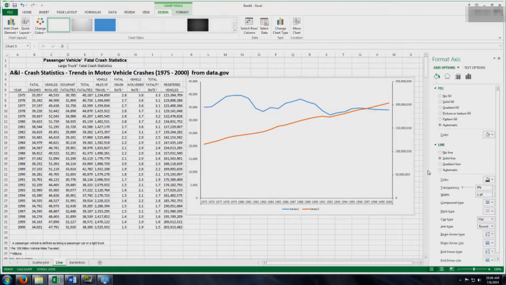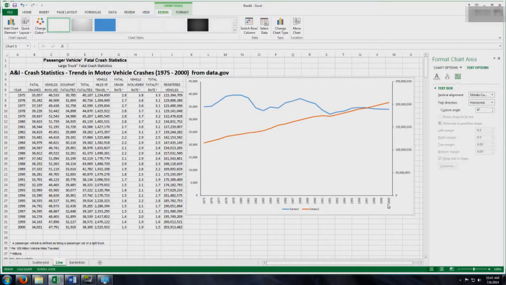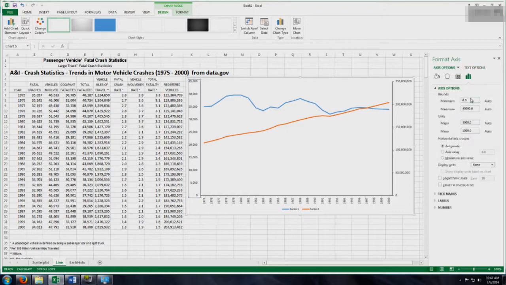All right, so I want to change a couple more things around just so you can see it again. I don't like the way those are aligned, so let's change that. Something like that. And I've got a whole bunch of data down here that's missing, so let's change our tick marks on that. Let's see, our scale on that. Axis options here. Let's set the minimum to about 15,000. Do that, and then for this we need to do it equivalently. So